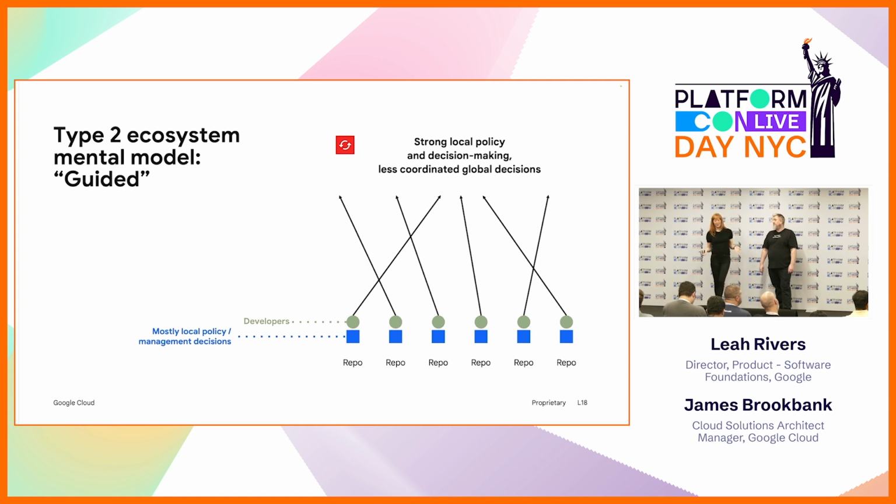So for a type 2 ecosystem, the main thing to know is that there's a lot on the development teams. It's really challenging to have reliable global enforcement of policies. So the development teams really build it and run it here. Developers are in the loop for everything, including decisions and implementations.